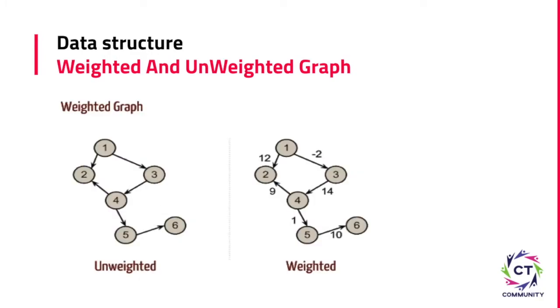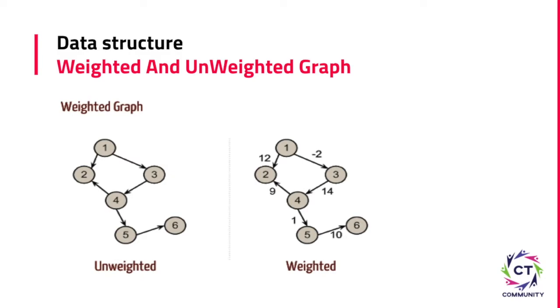Alright, so let's discuss now what weighted and unweighted graphs are. If the edges in your graph have weights, then your graph is said to be a weighted graph. You can see that 1 is connected to 2, 1 is connected to 3, and the weights are 12 and minus 2. If the edges do not have weights, the graph is said to be an unweighted graph, like the example on my left-hand side. A weight is a numerical value attached to each individual edge. An unweighted graph may be used to represent a simple relationship; the notion of magnitude doesn't exist.